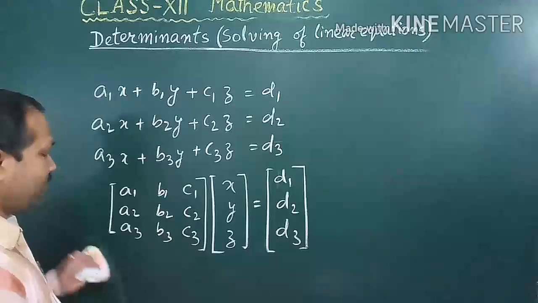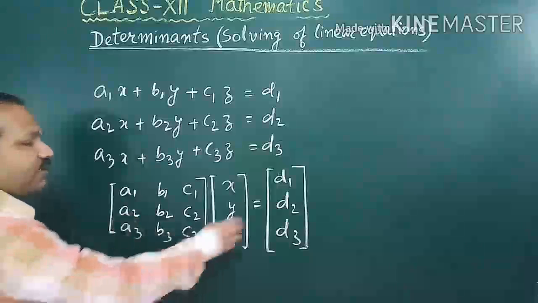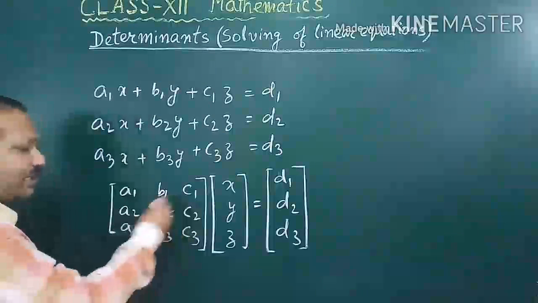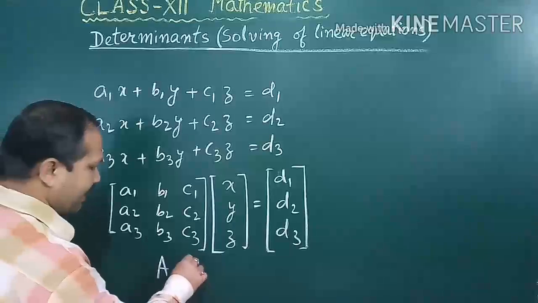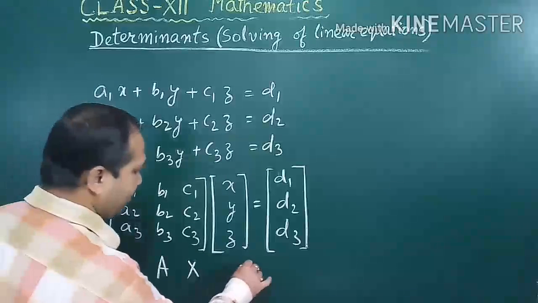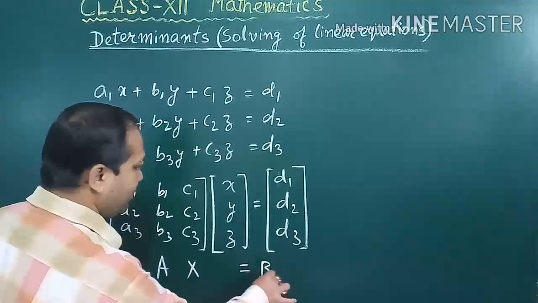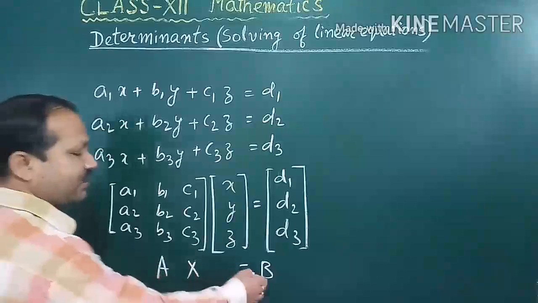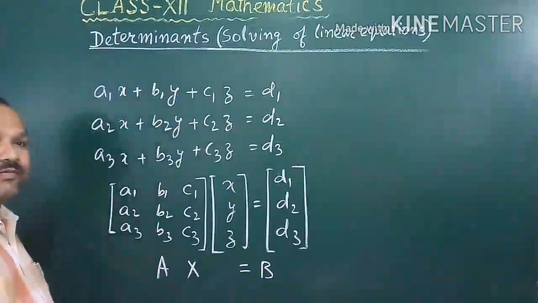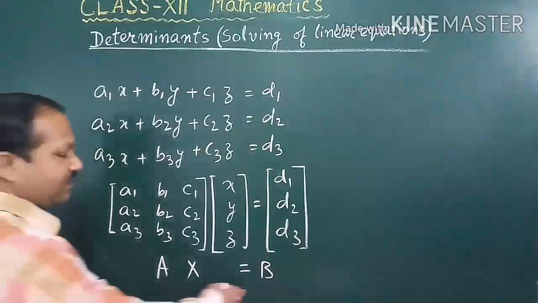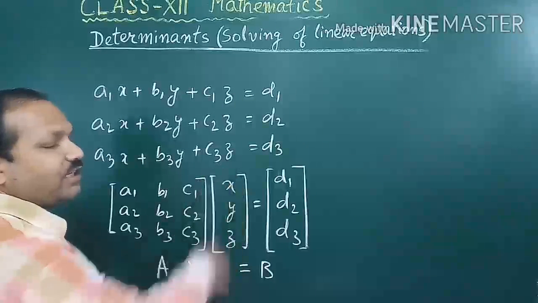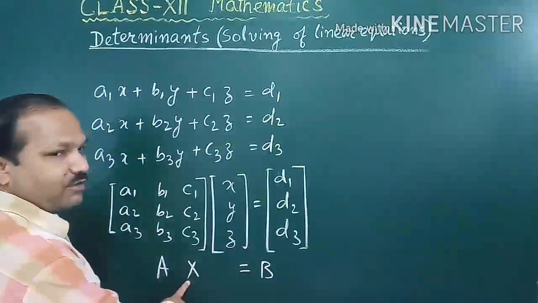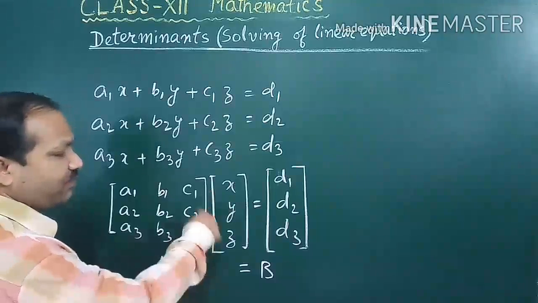So this product also represents the system of equations. Okay. Now if this matrix, we indicate, say this is matrix A, and this one is matrix X, and this is equal to the matrix B. Then it is AX is equal to B. Okay, AX is equal to B. Now how to find? Our target is to find the value of x, y, z. X is to be found out.